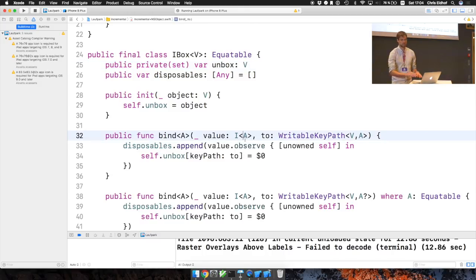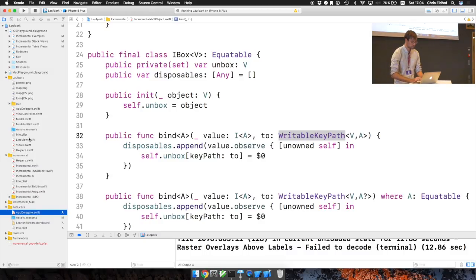Now, what you can do is you can say, if I have an incremental value of A, and a key path from my boxed value, for example, from my UIView, and the key path has A as its result, you can bind the two together. It's one-way binding, so anytime the IA changes, it updates that property. So if we look at how label is defined,